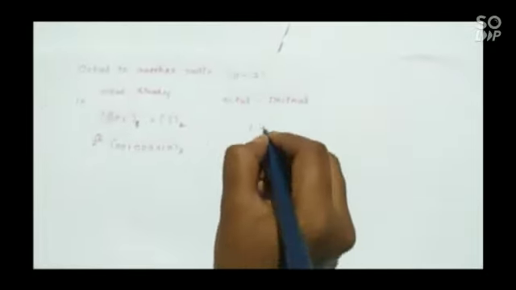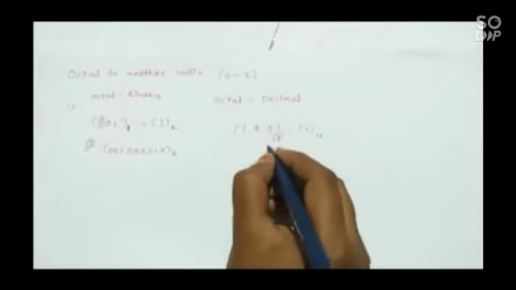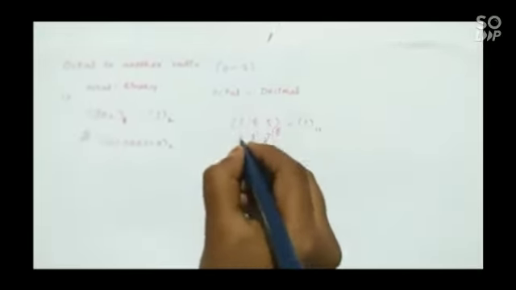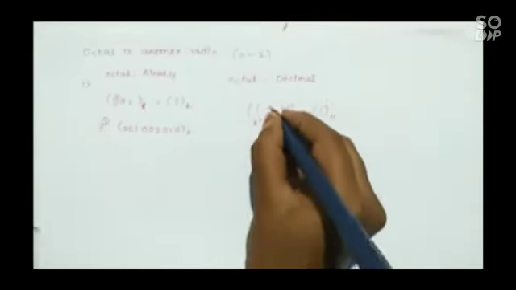Let us take one example to base 10. While converting to base 10, we will take powers of this base: 8 power 0, 8 power 1, 8 square. Now we will multiply with this and 64. 8 square means 64, plus 8 times 4 is 32, plus 5. This we will have in base 10.